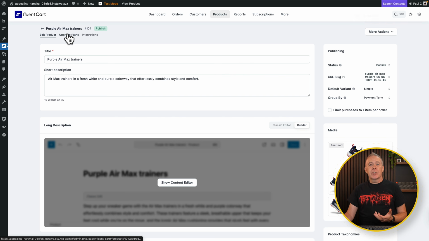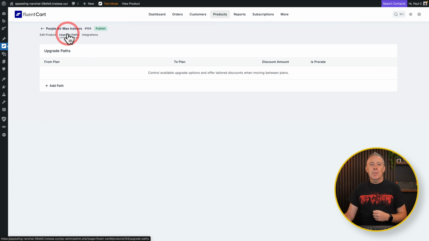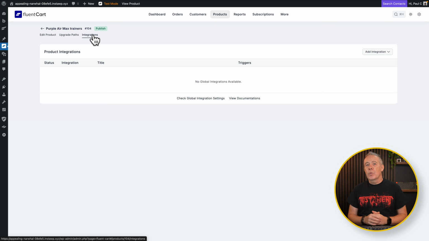So let's say you're working with a digital product and you've got a basic one-time license and you may want to upgrade them to a 5 times or something like that. You can set upgrade paths inside here. That's pretty cool. And also we've got integrations, and this is where it really does open up what you can